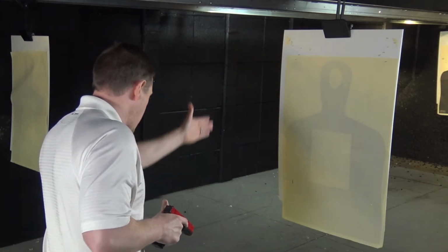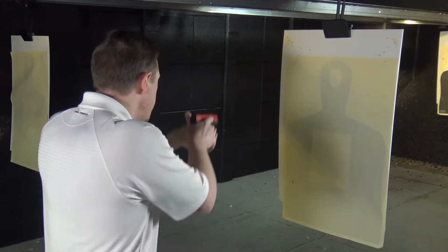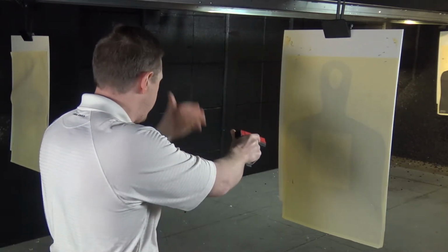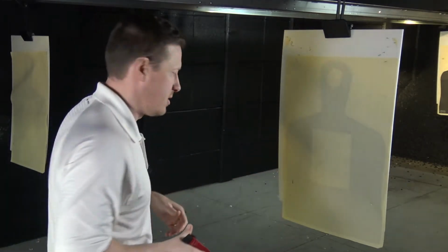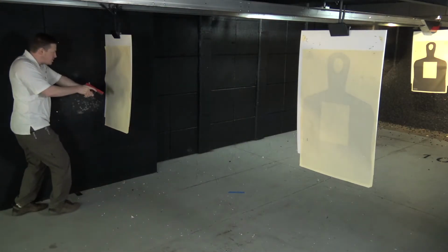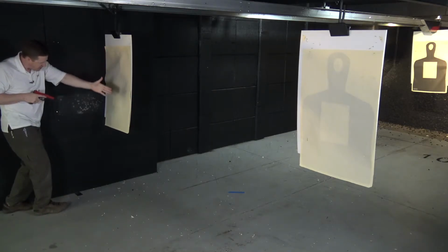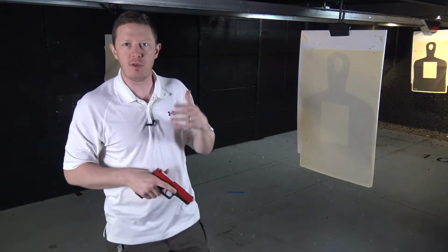So we're going to get ourselves set up just like we were normally using cover. I'm monitoring where that line would be so my threat can't actually see me at this point. From here, my full presentation position, I'm going to decide to move from piece of cover number 1 to piece of cover number 2. When I do this, I'm now going to engage the target downrange in 3 shots. So I set up, in position, start to move. I engage him in 3 shots. I get all the way over to the other side. And once again, I'm considerate of my fulcrum point